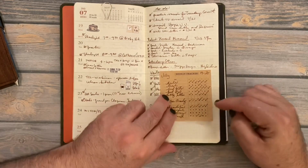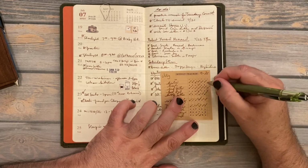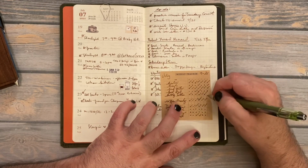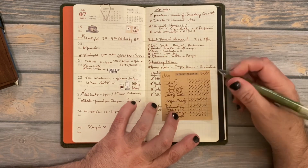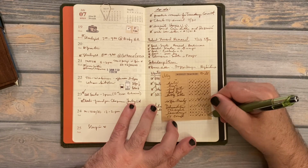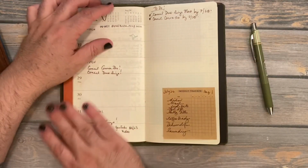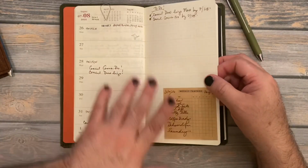And I forgot to fill that out. Actually, dishes, trash, kitty litter. I haven't done, yes, I did do that yesterday. The dehumidifier, no, no, no. Here we are. So I have my weekly calendar,